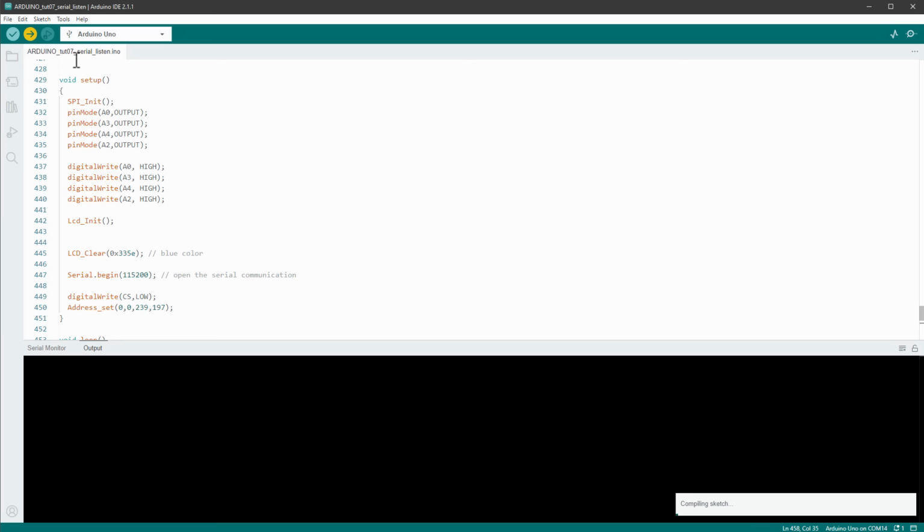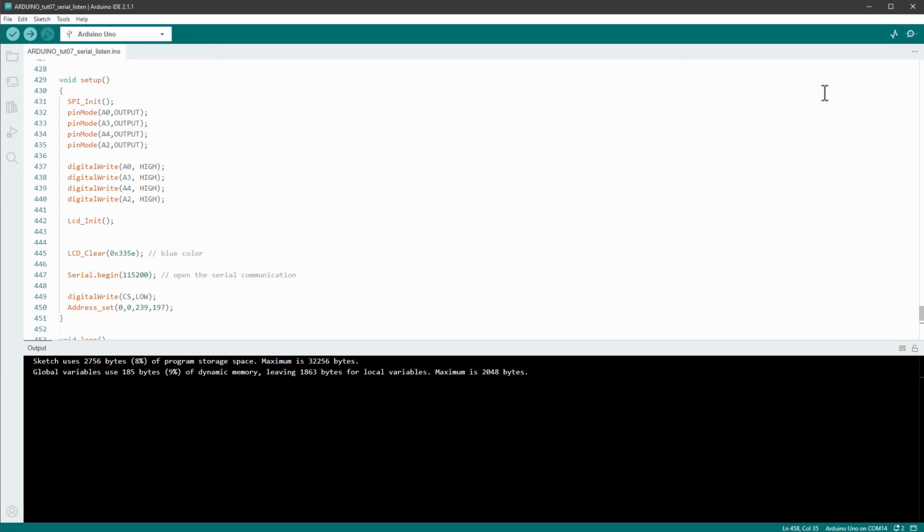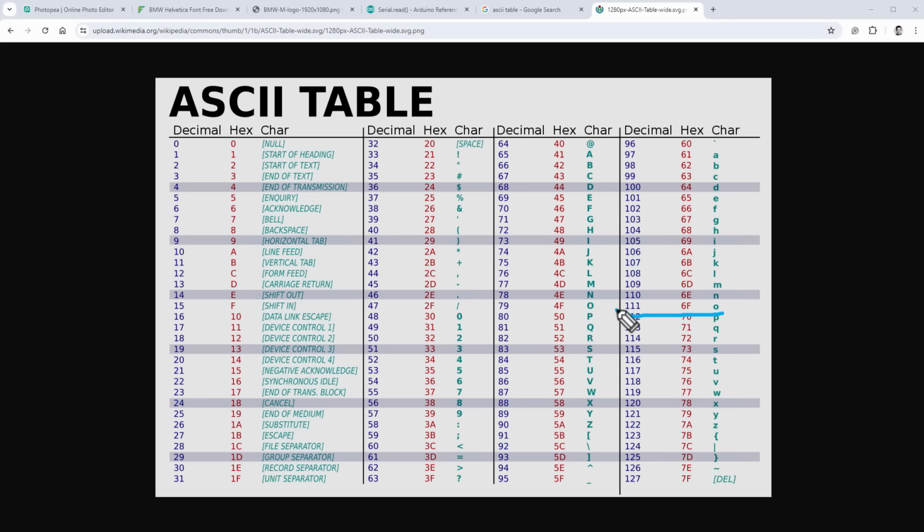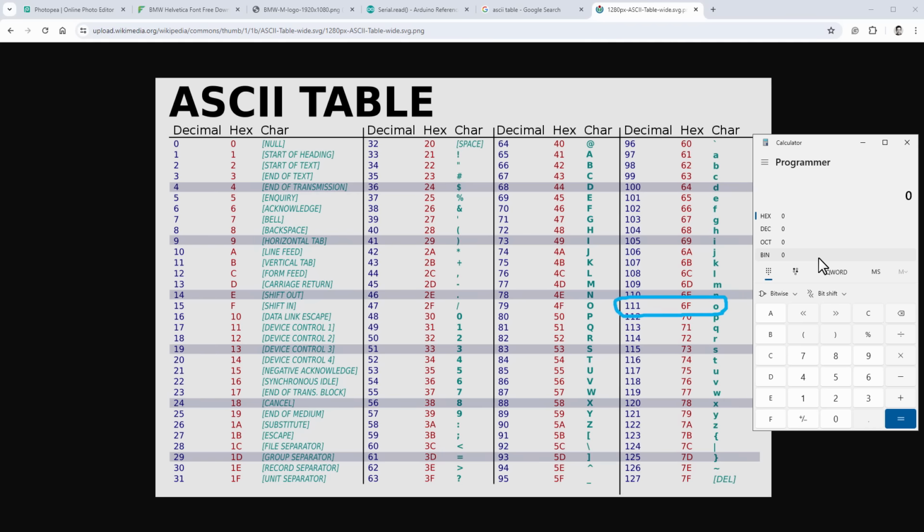So let's upload it to the Arduino UNO, and once it's uploaded, let's open the serial monitor. Make sure to set the same speed as inside our serial begin function, which is 115,200 bauds. And here we can send some data to the display, but we are not sending bytes, we are using ASCII characters. So let's see what's going on. Let's say I, for example, send the letter O, which is the hexadecimal of 6F, and I need to send 2 bytes for each individual pixel. So let's just say I send the letter O 2 times, so 6F, 6F,